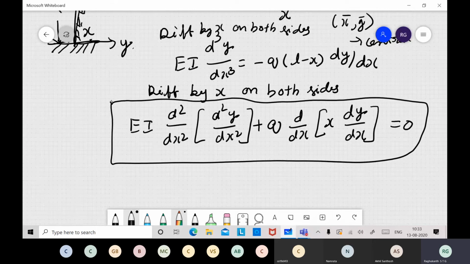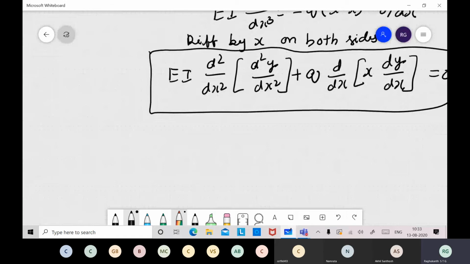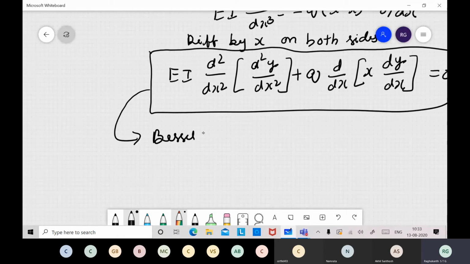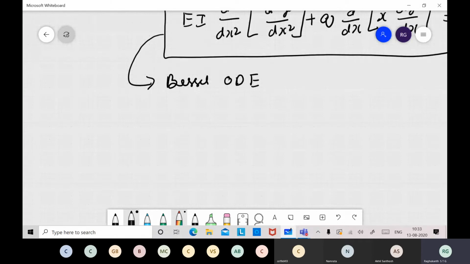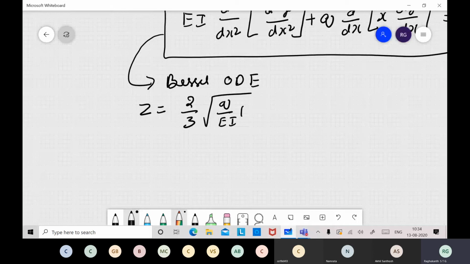It can be anything, it can be its own weight or some other distributed load. Now to do this calculation, the derivation becomes the same as the previous paper. You have to write it in terms of Bessel's ODE, so you have to do some substitutions like previously: theta equal to root x into z, then the r we introduced, and then we wrote this. Here also you do the same thing, everything is perfectly fine. The only thing is we have just changed the origin. So you introduce a new variable z equal to 2/3 root of q by EI times (L minus x) whole cube, same as previously.